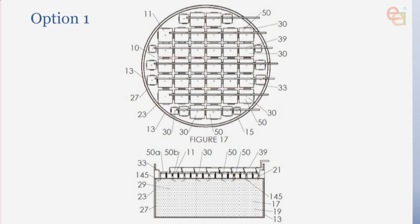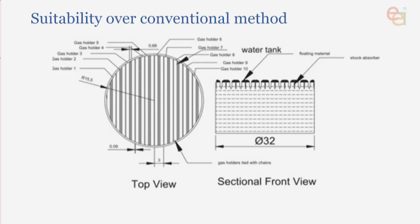And I know 2 humans don't like each other, so also 2 gas holders may not like each other, and may try to collide with one another. How do you take the energy released when they bombard each other? There's a shock absorbing system there. So this is one of the systems we trialed. The other one is a linear one from end to end, like a stripe. So we did all the calculations,